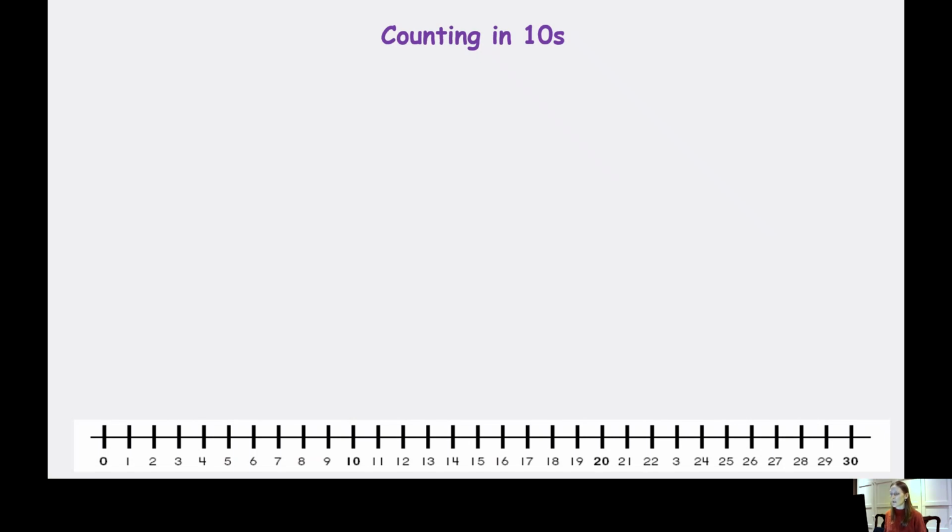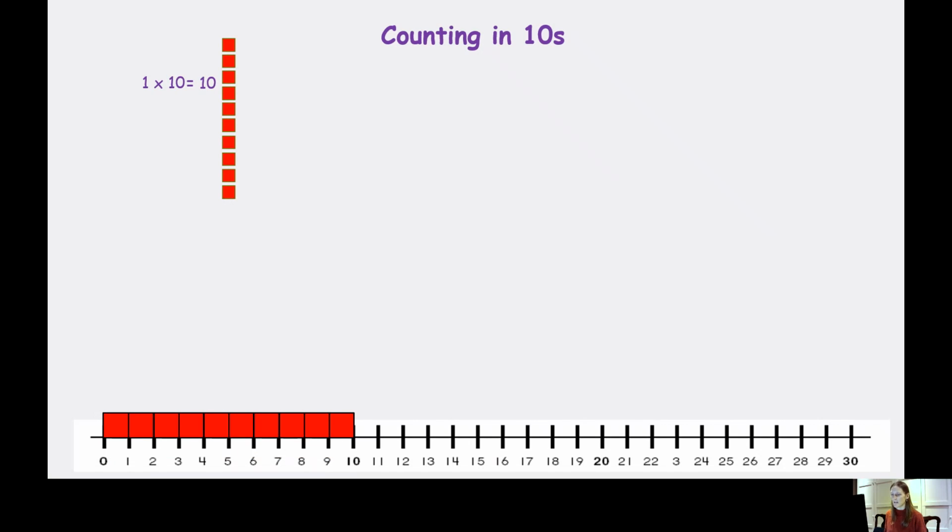So the first number in the 10 times table is found by working out the answer to 1 times 10. And 1 times 10 means one lot of 10. So the answer there is just 10. And if I put my first lot of 10 onto my number line, you can see there that I've got